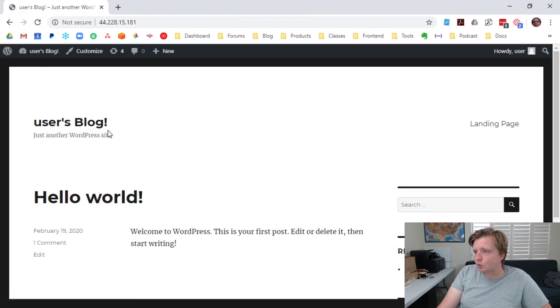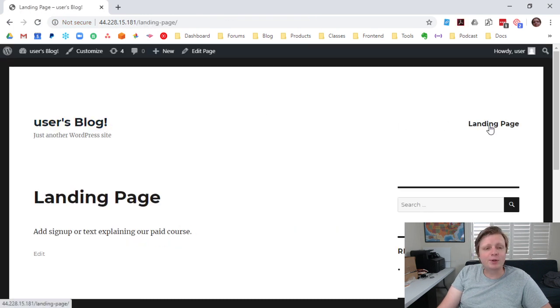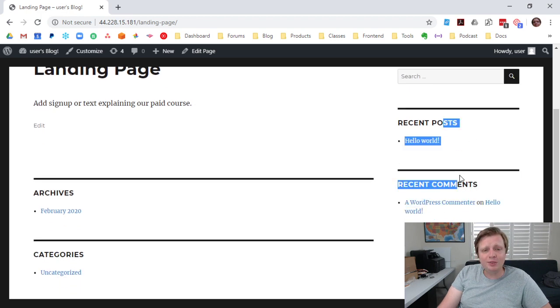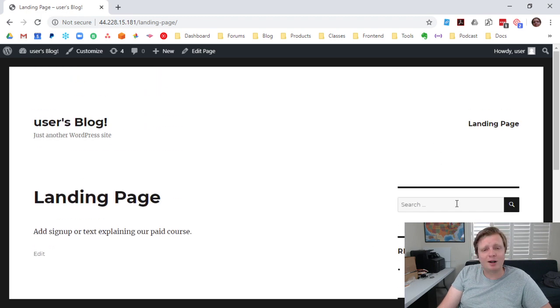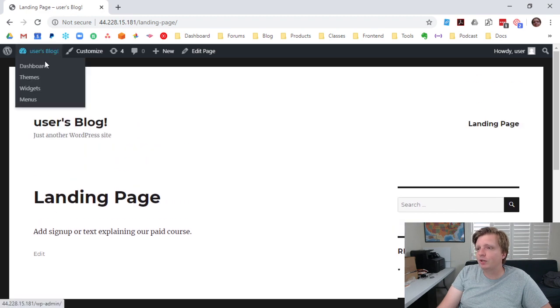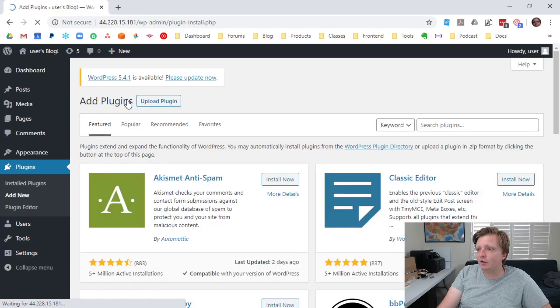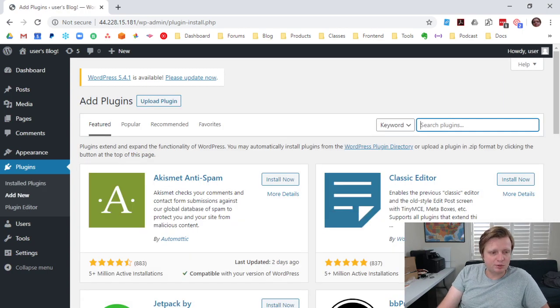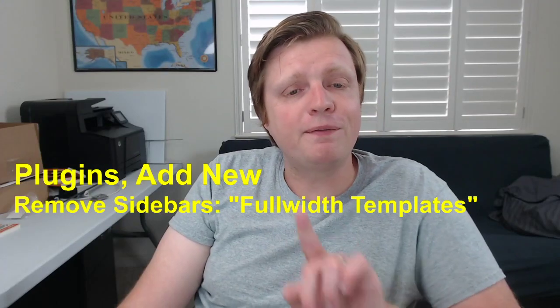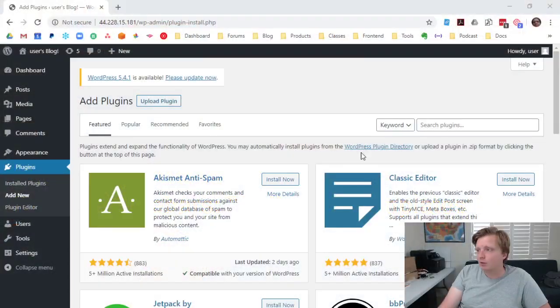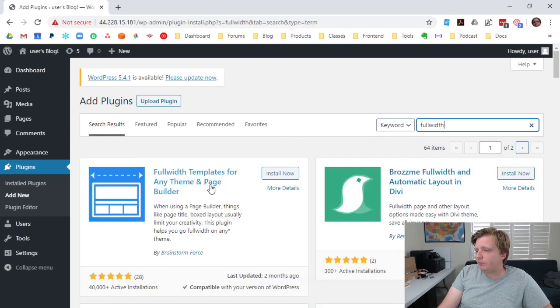Okay, so we're on the front page of our site. We go to this landing page, or maybe we want people to buy something, but see how there's still these sidebars on the side. We don't like that. What we can do is, in our plugins, go add new, and then search the full width templates plugin. Search full width templates, click install now,